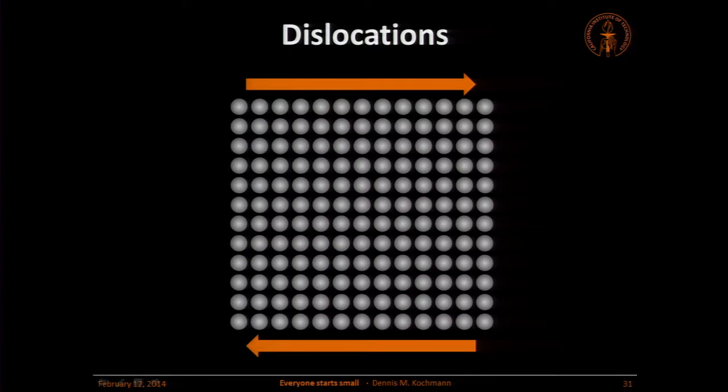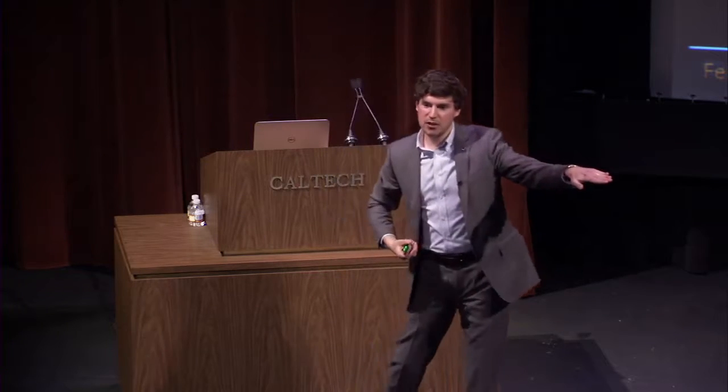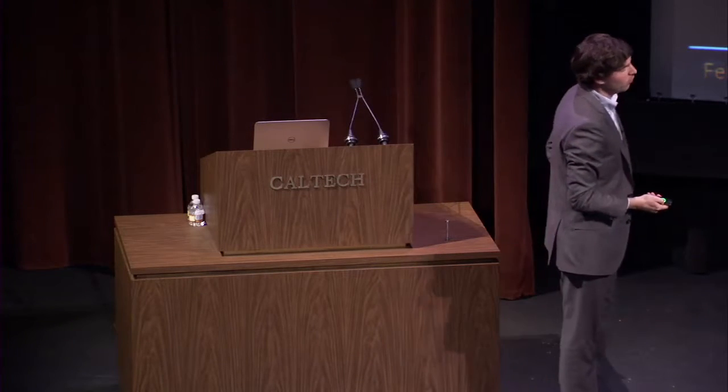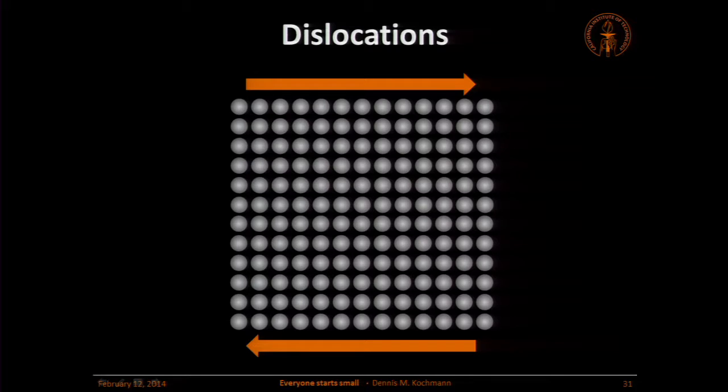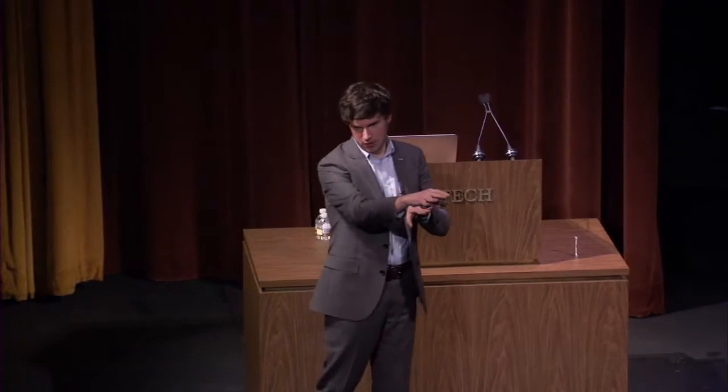Let's say you have a crystal lattice and you want to deform it. If you apply a small deformation, everything will be elastic. All the atoms are moving a little bit. If you remove the load, they will go back to where they were before. At some point, you can't do that anymore. If you keep pushing, what's going to happen is the following. The metal could take some of its atoms and move them over just by one atomic plane. This could happen. However, this is very expensive because you have to move many atoms at the same time.